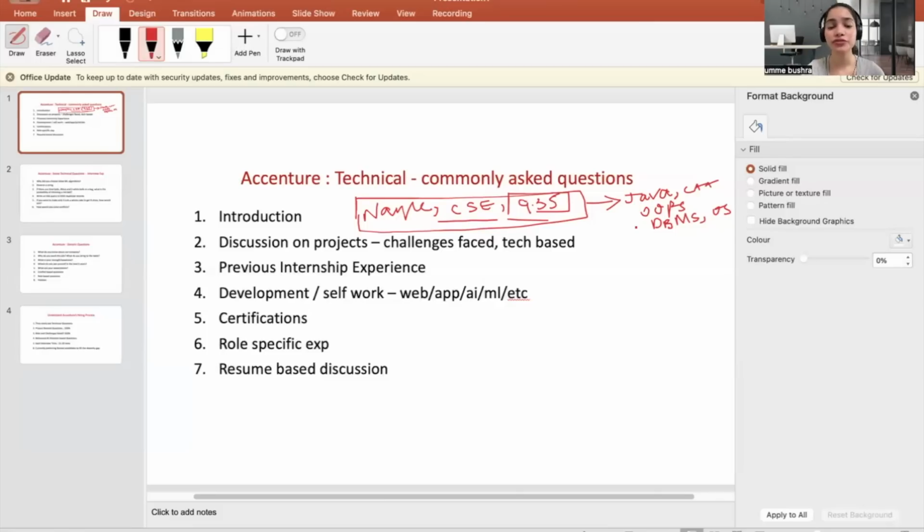So I'm really fond of event management, besides the fact that I'm really good at my technical skills. I am very well versed with Java, C++, OOPS, DBMS, operating systems. So the computer world or the corporate world really fascinates me, and that's why I took up CSC as my main branch.